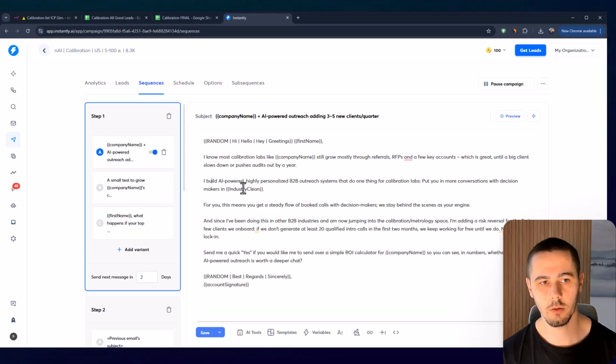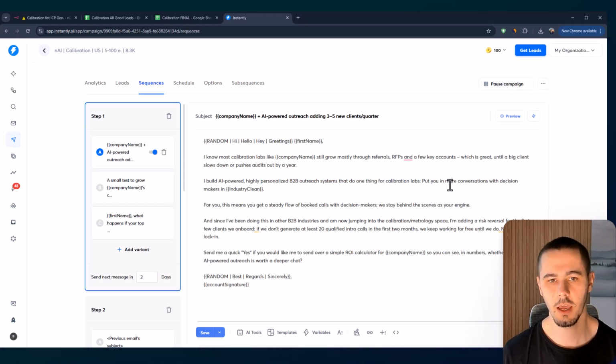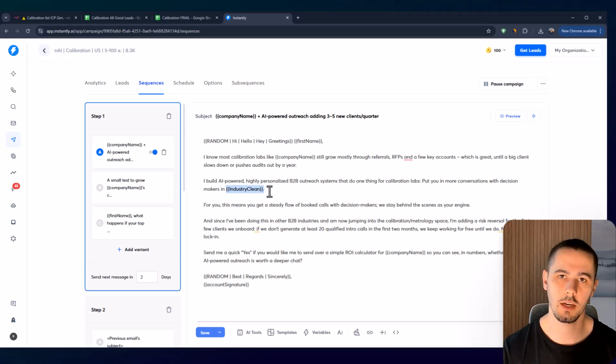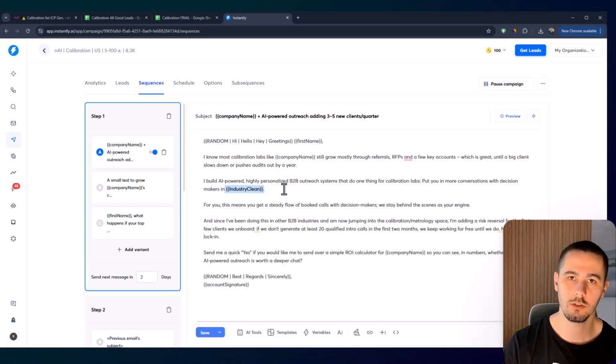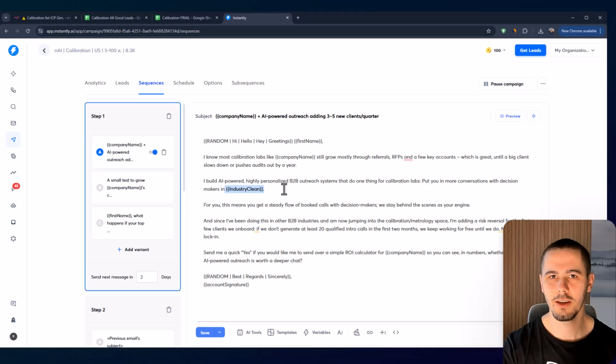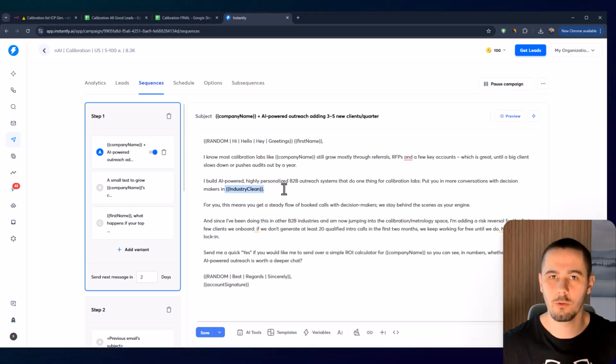And then I say what I do. I build AI-powered, highly personalized B2B outreach systems that do one thing for calibration labs. They put you in more conversation with decision makers in the industry clean variable, which is actually what you just saw, the last output of the company. Now, the benefit of this is actually the decision makers in these industries are their ICPs. So I'm actually telling them I will put you in more conversation with your ICP rather than telling them I saw your LinkedIn post and you said you liked cookies or whatever, just to sound